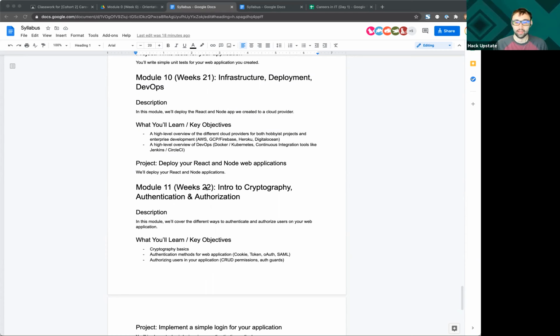OAuth is commonly the technology whenever you see login with Google or login with LinkedIn or login with GitHub. OAuth is the technology powering all of that. And so you're going to learn about how to securely authorize with those sites without ever getting a hold of the user's password. You're going to learn a little bit about cryptography of how do we securely store a password so that we can verify the user's password is correct without actually ever knowing what their password is.